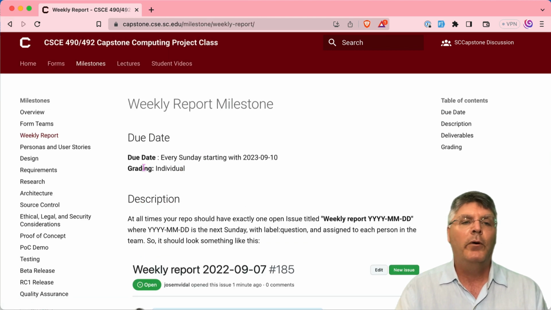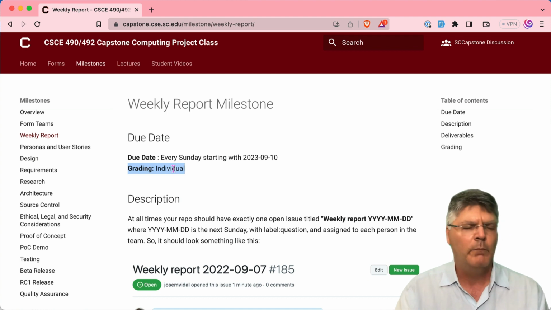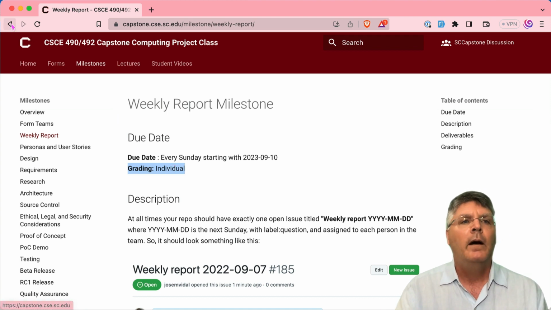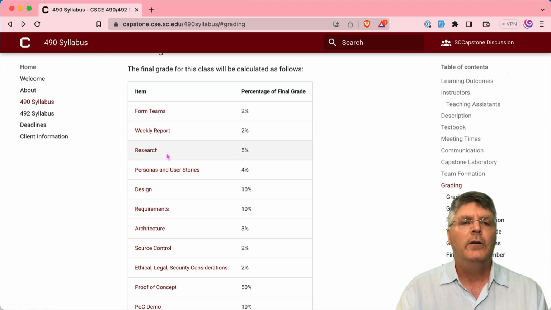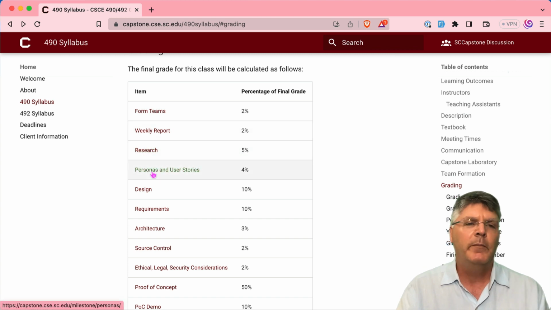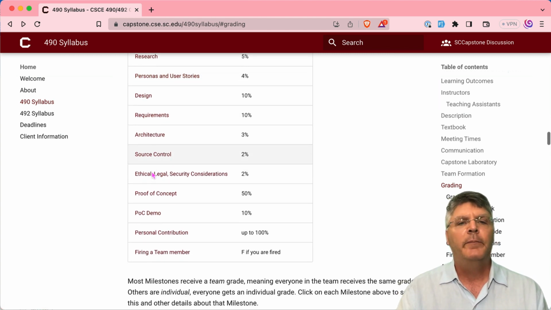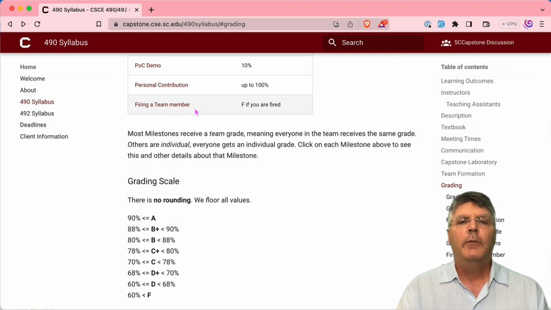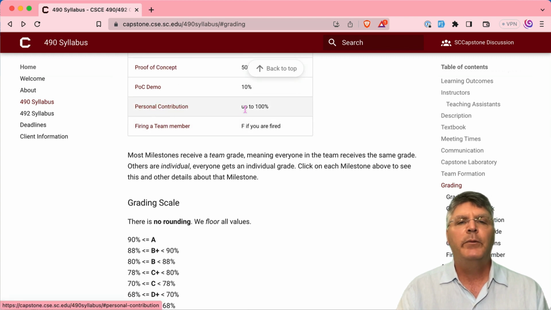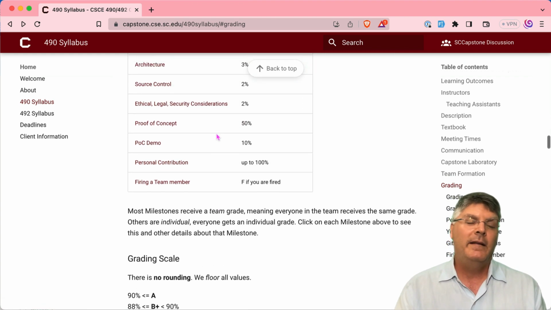But like the weekly report, that's individual. So each person is going to get a separate, possibly different grade. So that's what those things mean. Most of them are team grades. Now the thing I want to go over here is the personal contribution. You see this is up to 100%. So what does that mean? That means,